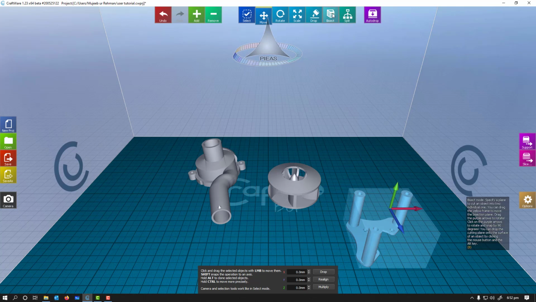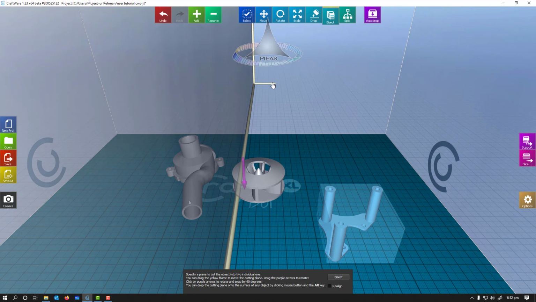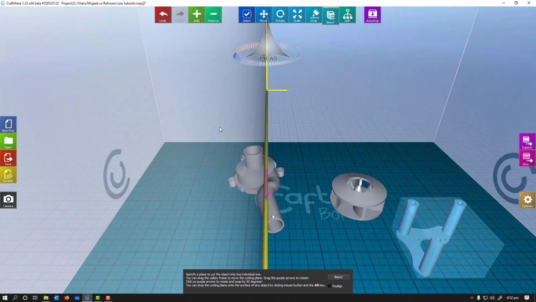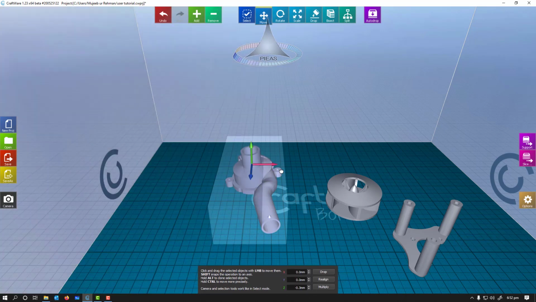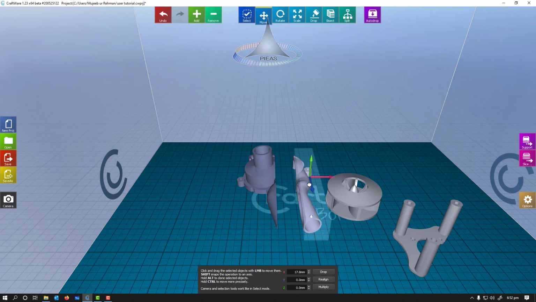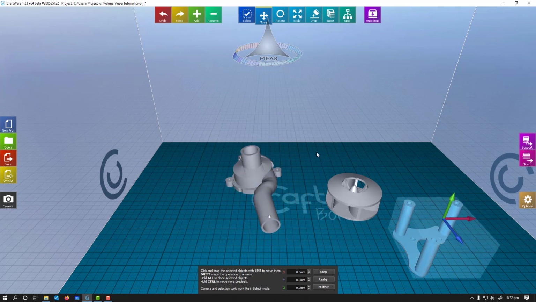Next thing is bisect. If you want to bisect an object, for example, if there is an aerofoil or a complex object and you want to divide it, you can easily divide it. For example, I wanted to divide this part from here, I can easily bisect it. So select the object and then select bisect, it will be bisected into two parts. So right now if we see here, I will select only one part, it has been bisected. You can undo it. I'm gonna undo it and then start again.